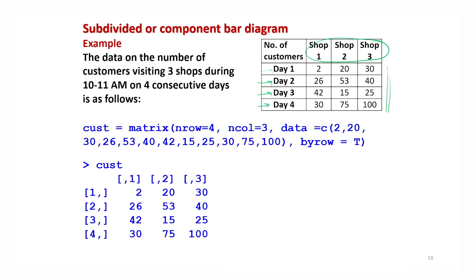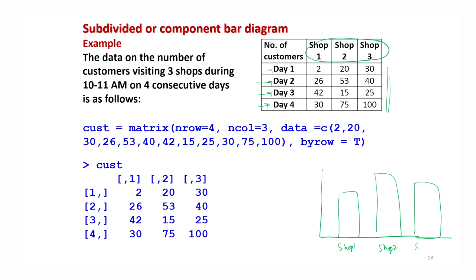And you want to get a plot like this one, right? So what do you want here? You want to have a bar for shop 1, a bar for shop 2, and a bar for shop 3. And the cumulative number of customers coming on day 1, day 2, day 3, day 4 should be plotted by subdividing the bar space or the height of the bar. So in order to create such a subdivided or component bar diagram, the basic command remains the same, bar plot, but the way we enter the data changes, and